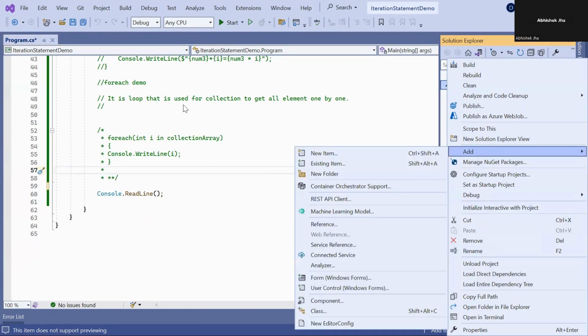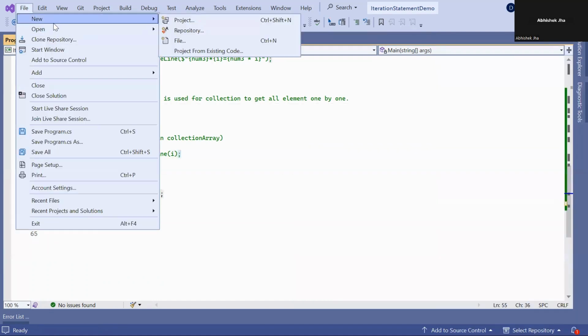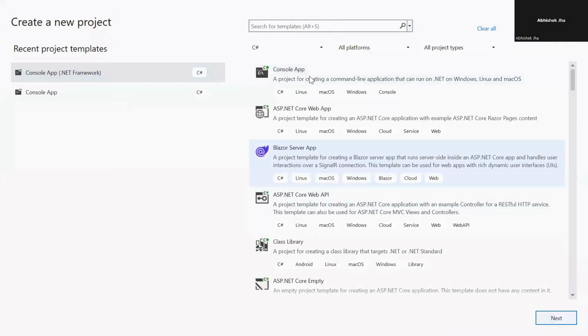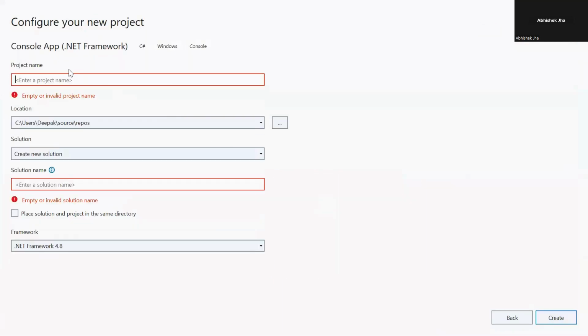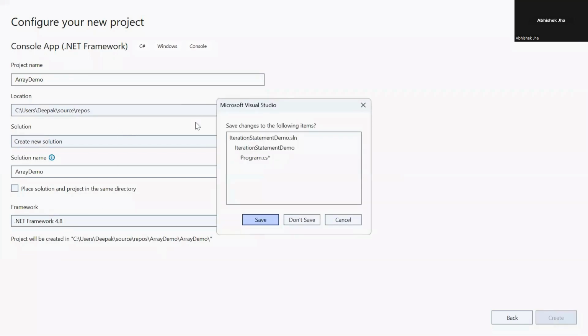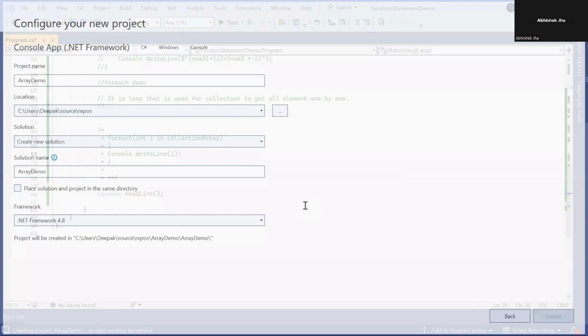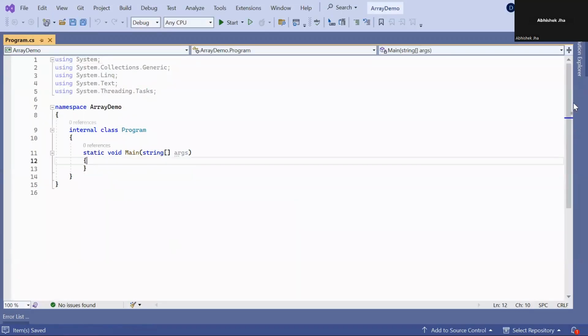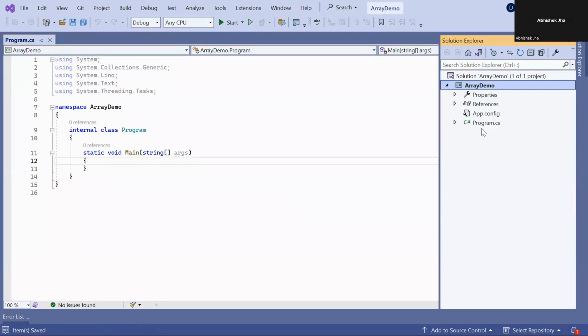So let me create a new project, not in the same project. New project, array demo, create, save. Now there is a project array demo. In that project there is a program.cs file.